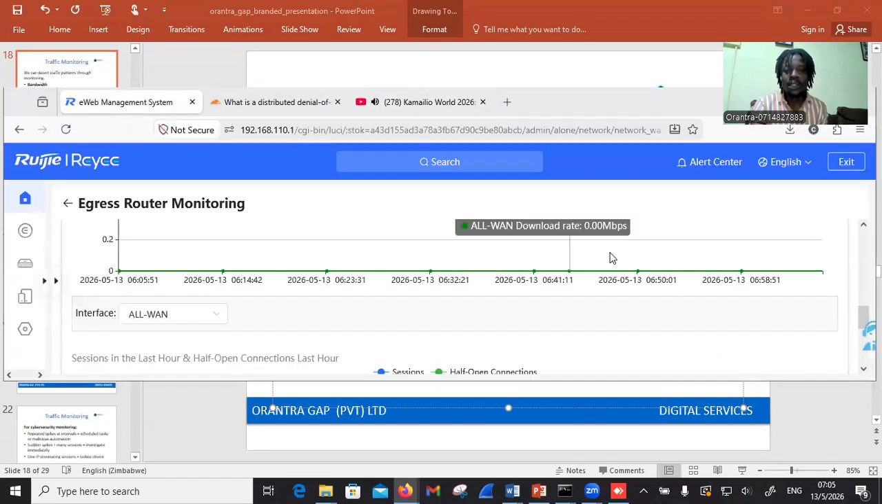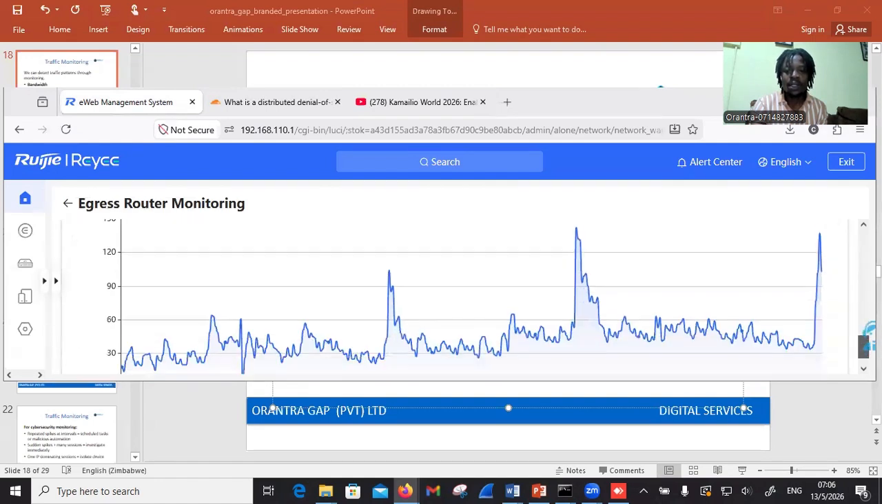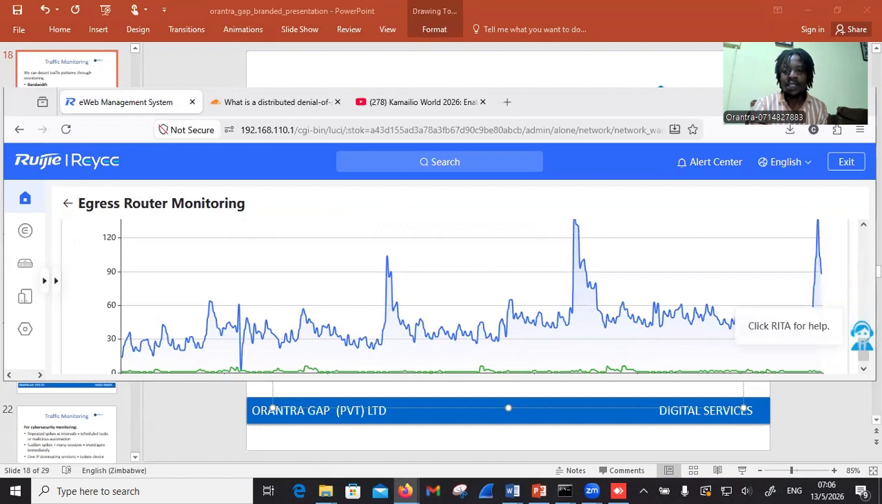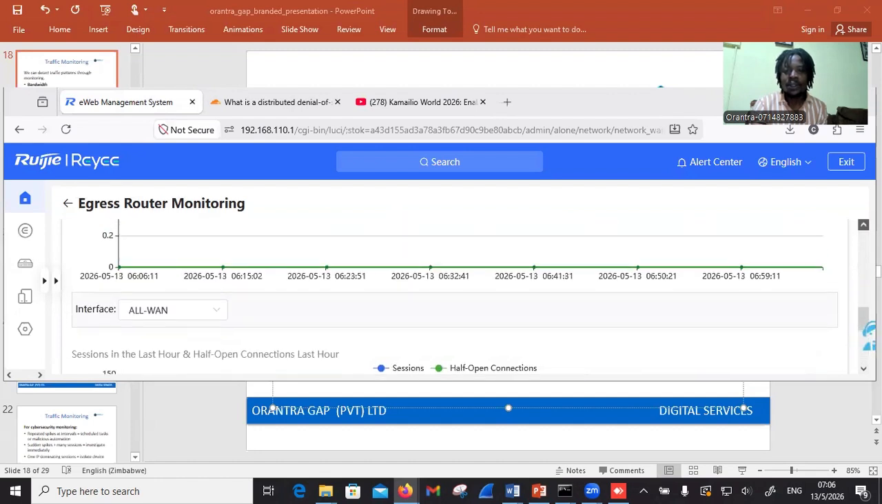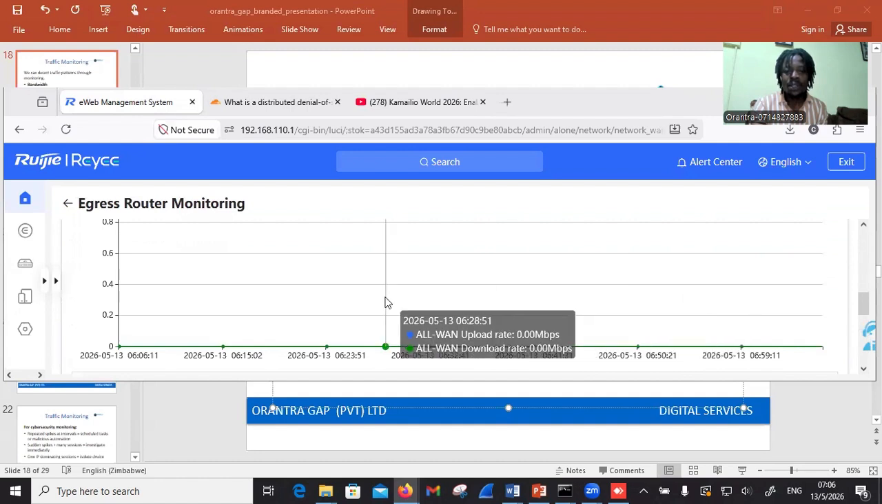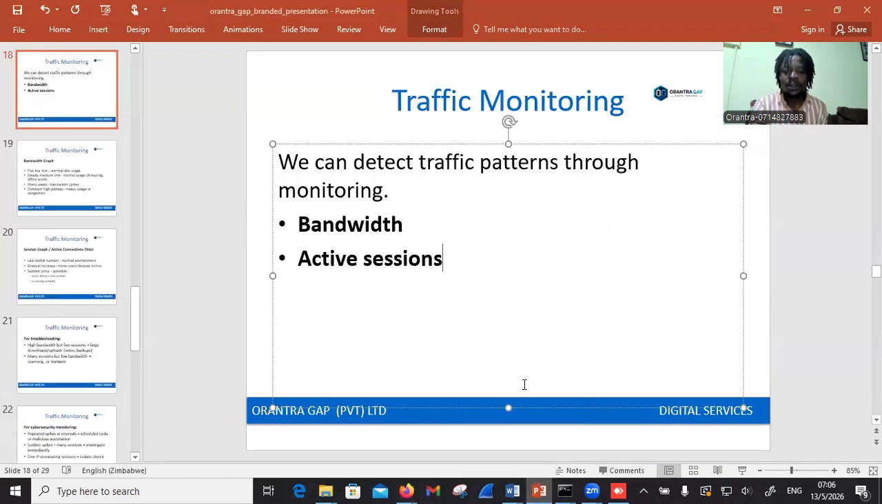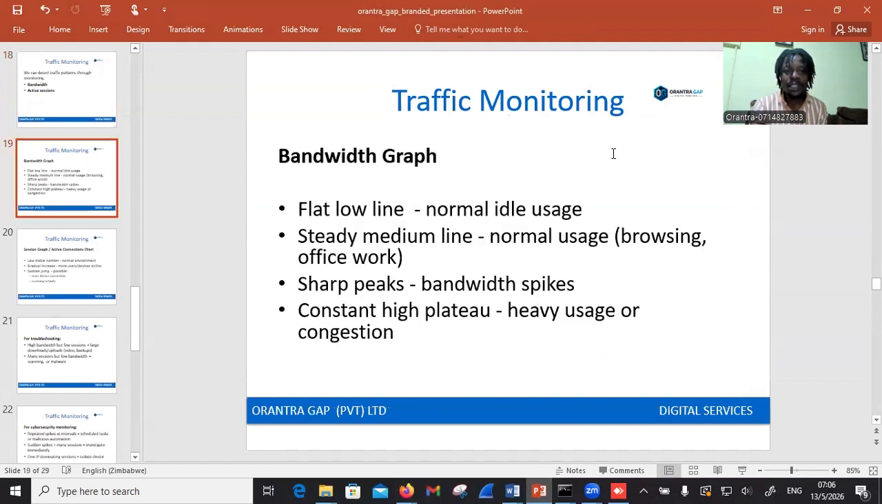I'll go back to my dashboard. And as you can see, we have a spike in the number of sessions once we have opened YouTube. There's no change on our bandwidth since we are not downloading much from the sites that we visited. So these graphs and these readings can help us with